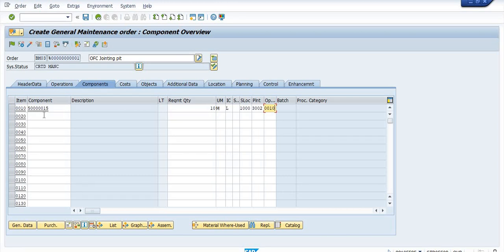If you have utilized more than one material, then you maintain all the materials and the storage location and plant details here. If your requirement is just one material, then you just maintain one material. This is just a training video. I'm here to tell you how to consume the material using a maintenance order. So I have maintained only one material, that is 0.5 mm drop wire, with a 10 meter requirement. In the component field, you have to maintain the material data, the inventory material you have used in your maintenance.